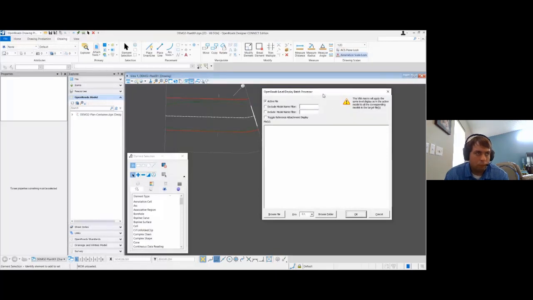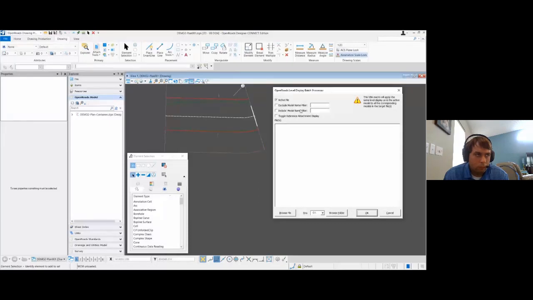So the way it works is you can set up your level display for either a sheet model or a drawing model. Now make sure you only use this on things that were generated from named boundaries. But you set up your active model, whether it be a drawing or sheet, with the level display that you want.